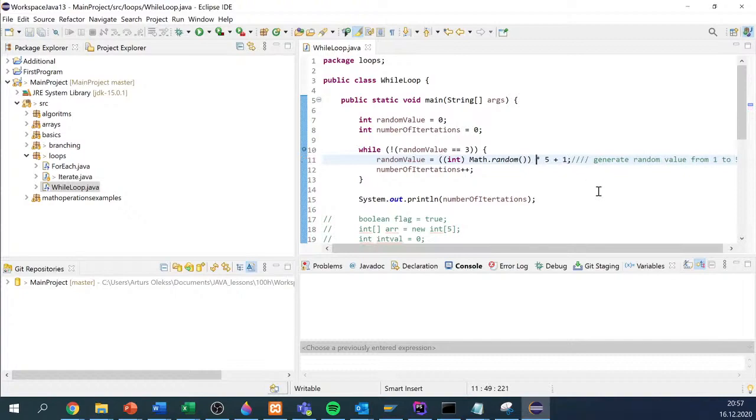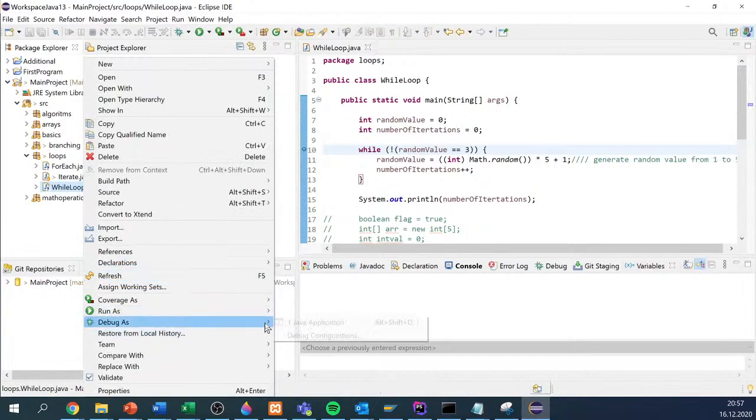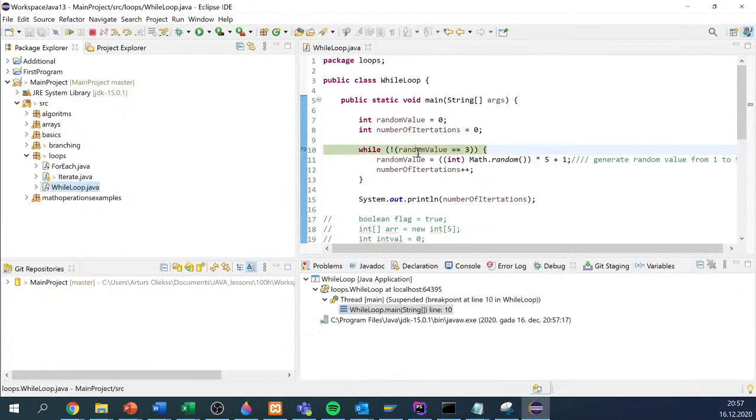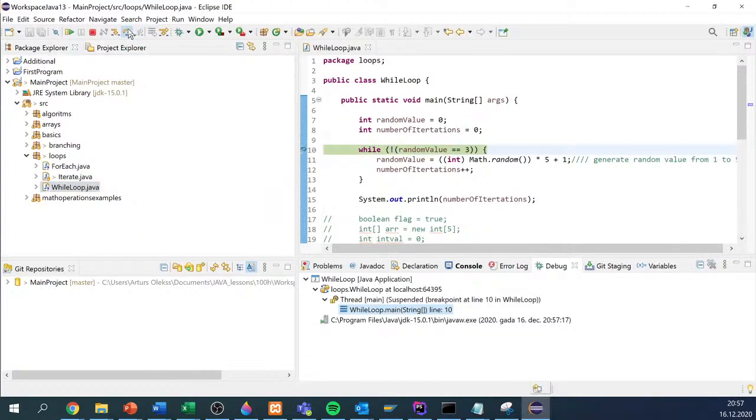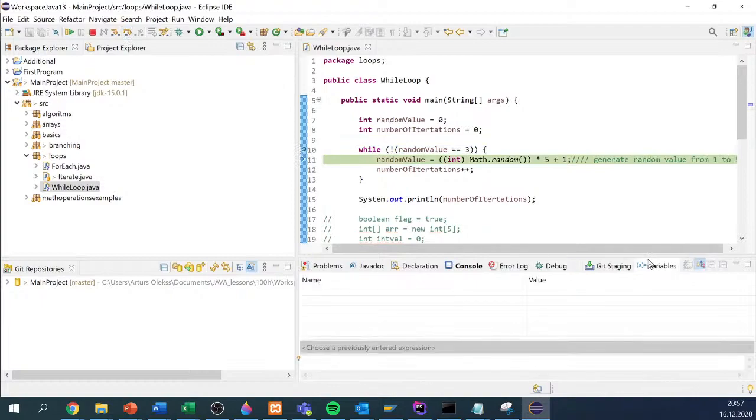And then times 5. Yeah. Okay, let's check it now. Let's go to debugging. And let's go through the code. Use variables. So here I can see